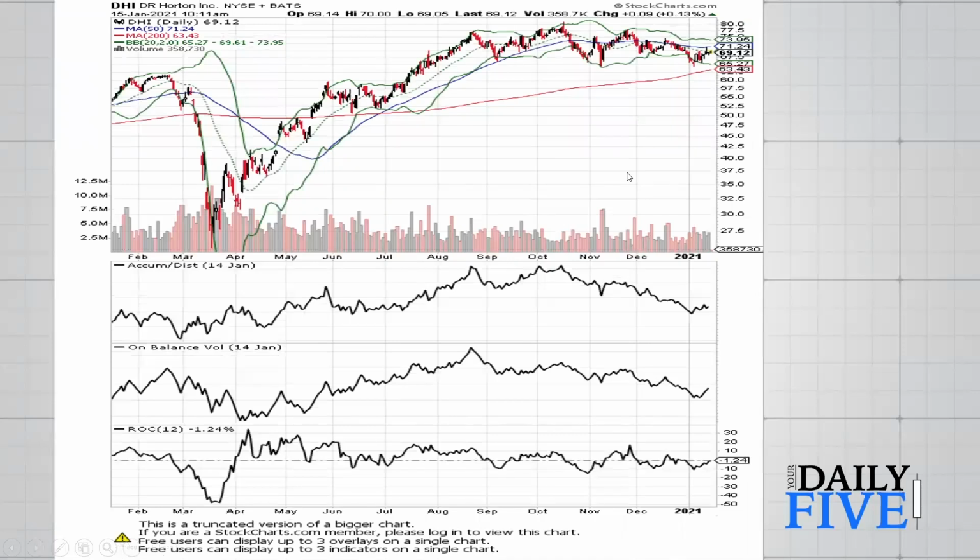Let's talk about housing. This is a little bit complicated. Remember, the 10-year bond yield started rising in October of last year. And as you can see, D.R. Horton, the largest home builder in the United States, has started struggling. But the stock is still above the 200-day moving average. And home builders keep telling us that business is booming, that business is great. So we have to see what happens if that bond yield that sets mortgage rates, the 10-year note, gets above that 1.2% area. Will this stock break down?